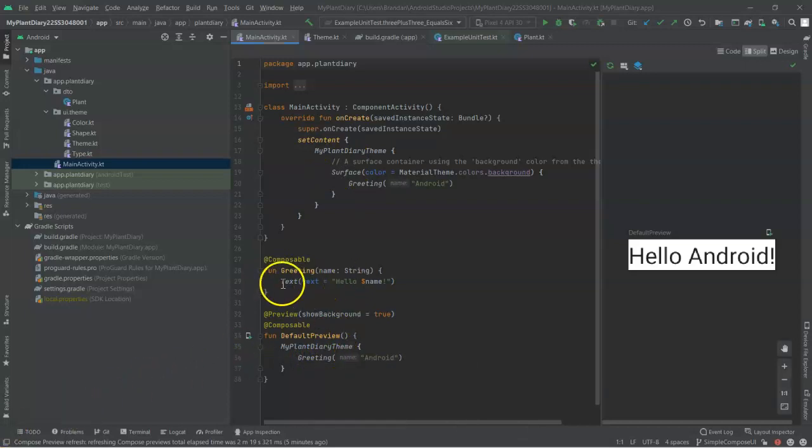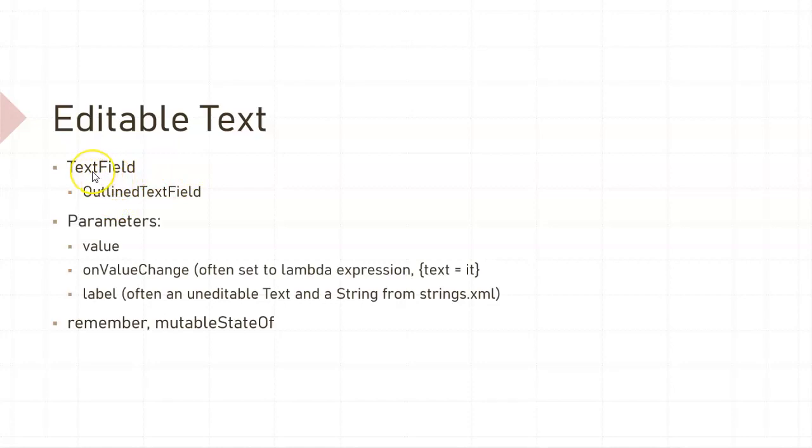Now this is currently just a plain text widget, which is something that is not editable. For editable text, we need either a TextField or its subclass, OutlinedTextField, which simply puts an outline around the text field. And we'll typically give it about 3 parameters. So one is the value, in other words, what should appear in that text field. Next is a function, or usually a lambda, that says what do we do when the value changes. And finally, we have a label, which is the description of the text field, or what should go into the